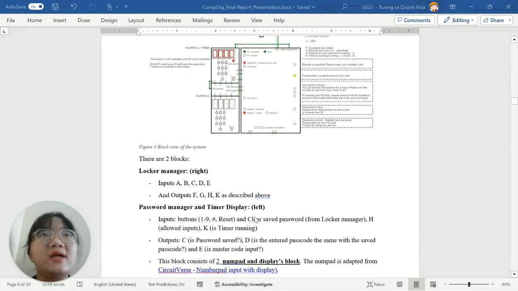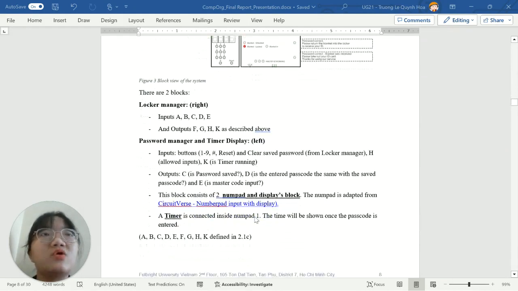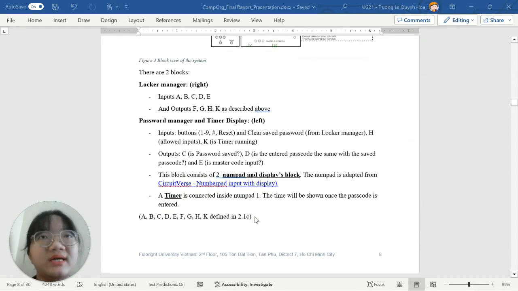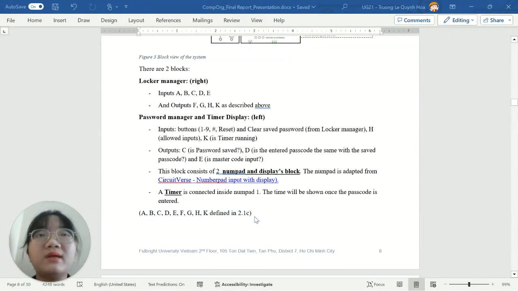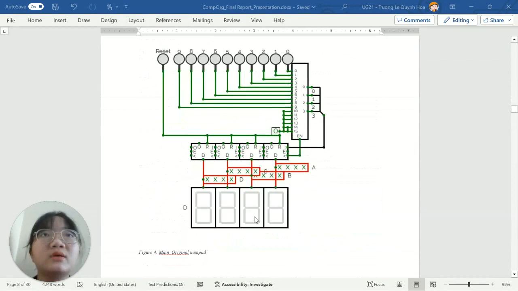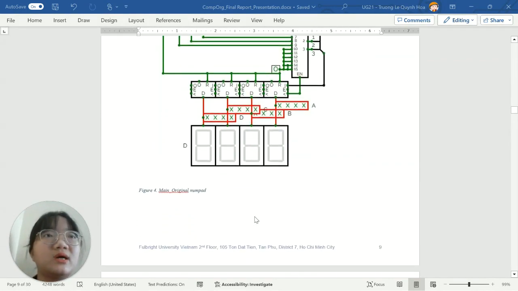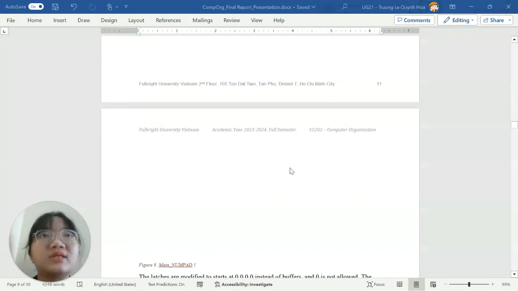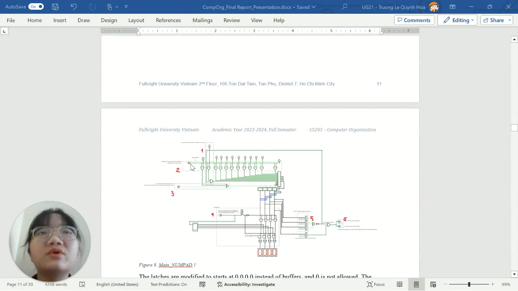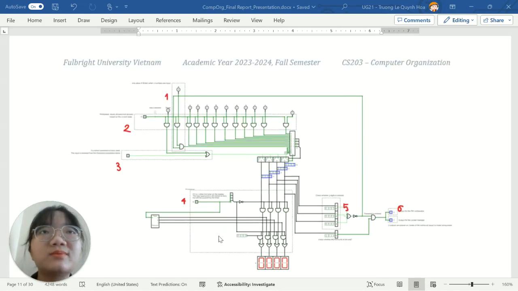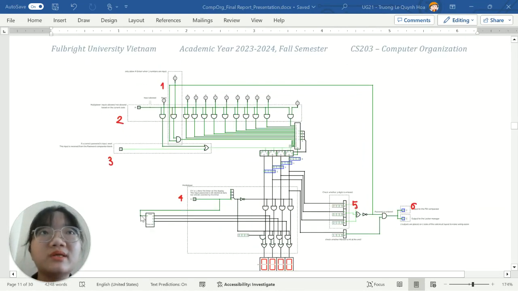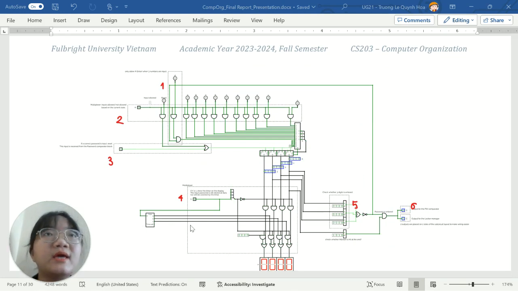For this number pad, I used an already designed, very well designed number pad, a public project on CircuitVerse, which is here, and then modified it using the defined conditions that we've had in mind. Most of the procedures use a lot of multiplexers, so we need a multiplexer to decide whether inputs are allowed, and then another multiplexer to decide whether it's time for the timer to show on the screen instead of inputs,